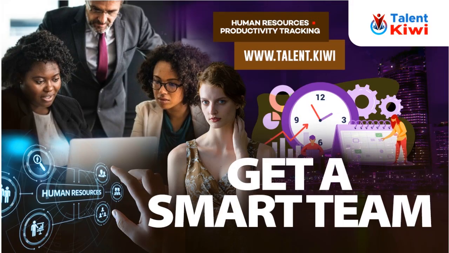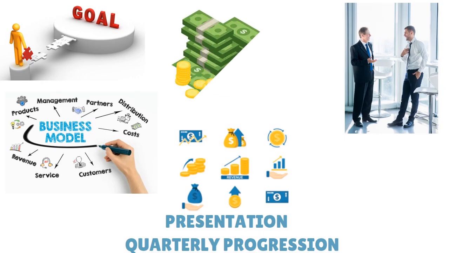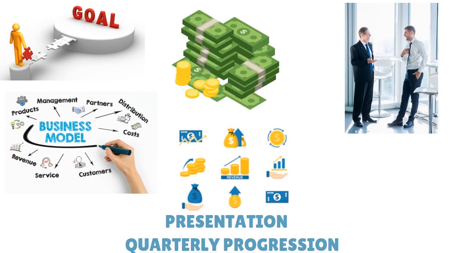So when it comes to a traction slide on a pitch deck, you need to really understand that your traction slide is supposed to lay a strong foundation for your ask. If you're asking for $1 million, $10 million, $100 million, or $1 billion, the amount that you're asking has to correlate to what you've shown on the traction slide. Okay, and your traction slide, like I said before, is a summarization of everything that you have said before,